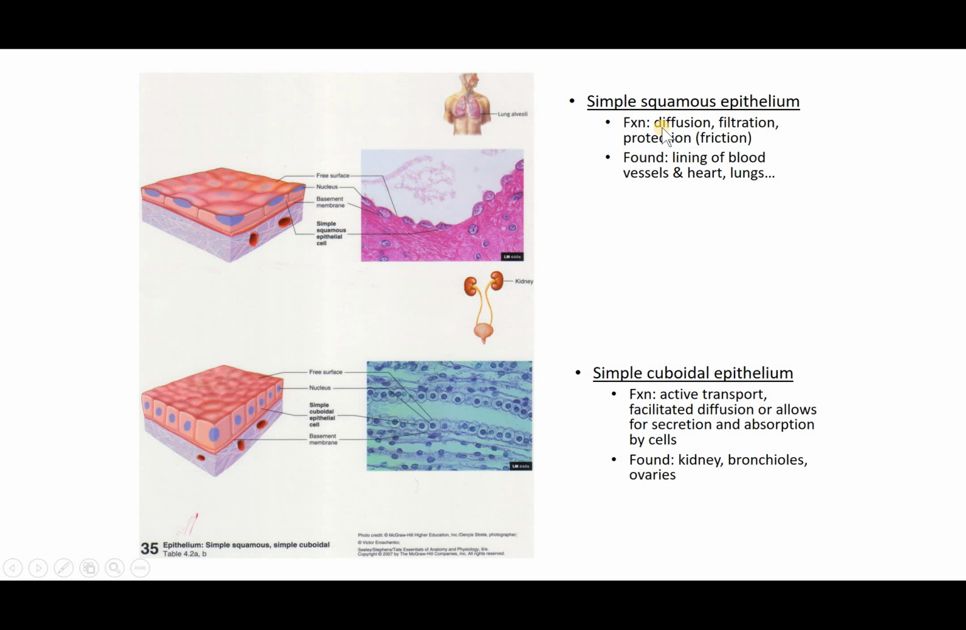Okay, simple columnar epithelial tissue. Here it is here. Looks like a column, one cell layer thin. Its function, movement of particles, found in stomach, intestines, so basically GI system. And this is one that